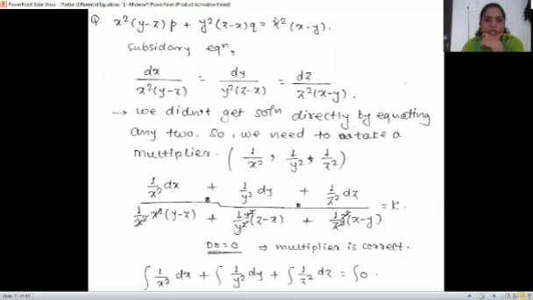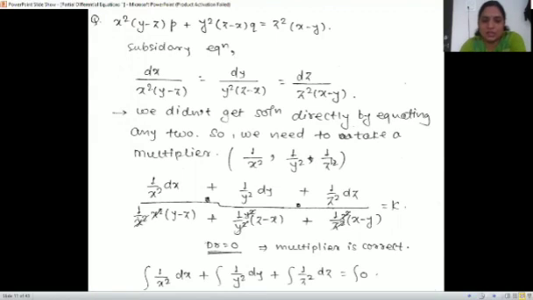So we have to find such a multiplier set. If we check here that x square gets eliminated, y square gets eliminated, and z square gets eliminated, then it is y minus z plus z minus x. Minus z plus z cancel, y minus x plus x minus y. Everything will get cancelled, right? So our first multiplier set is defined now. X should get eliminated, means 1 upon x square should be there. The first is 1 upon x square, second is 1 upon y square, and third is 1 upon z square.